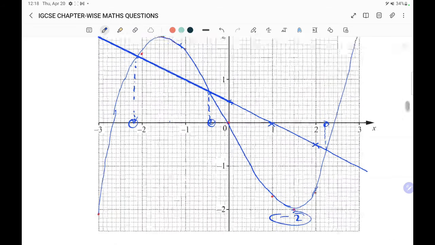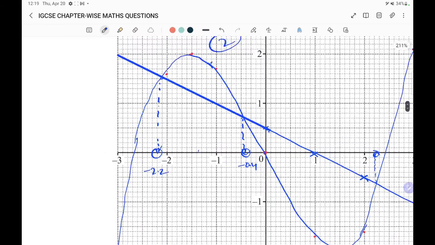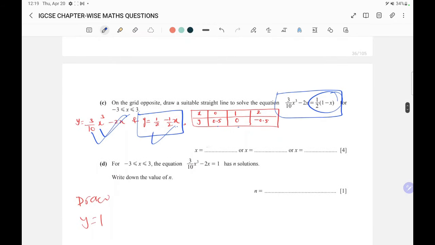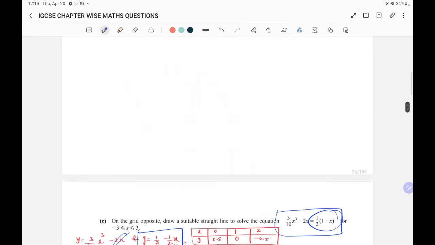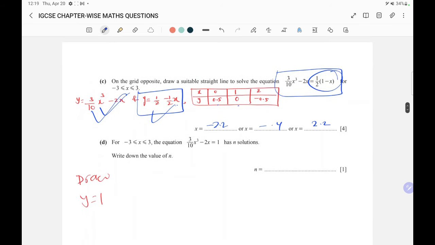So I think this is minus 2.2. This is minus 0.4. And this is 2.2. So answers are minus 2.2, minus 0.4, and 2.2. Now when x is minus 3 to 3, 3 over 10 x cubed minus 2x equals 1 has n solutions. Write down n. Okay, so it means this y equals 3 over 10 x cubed minus 2x,